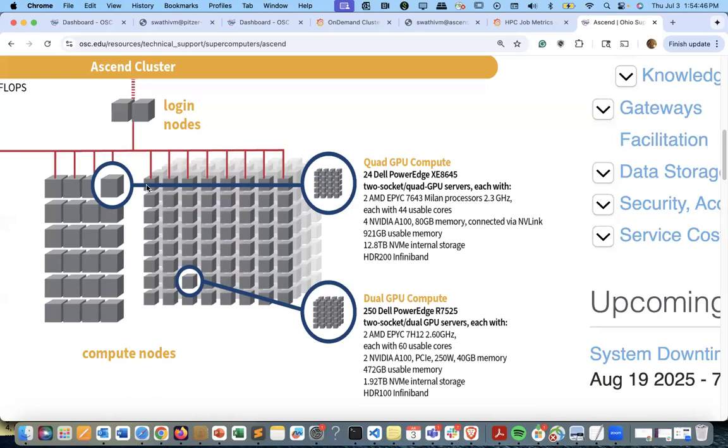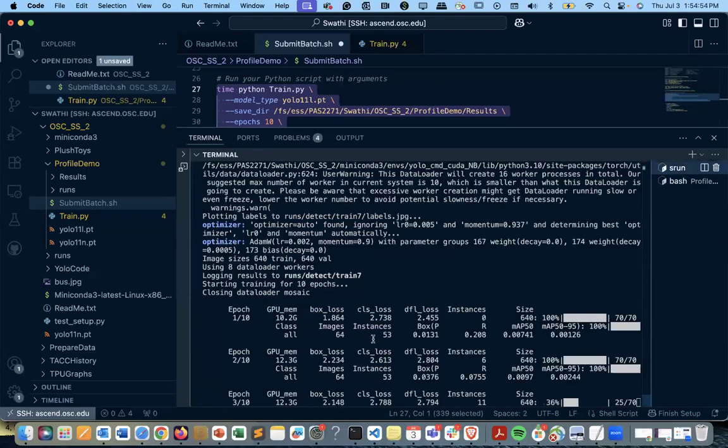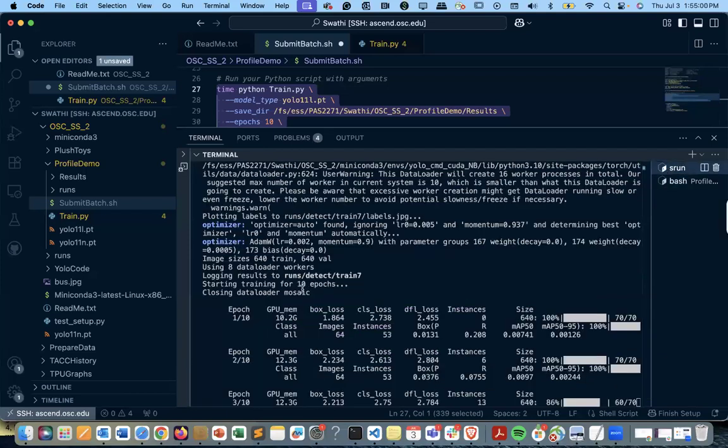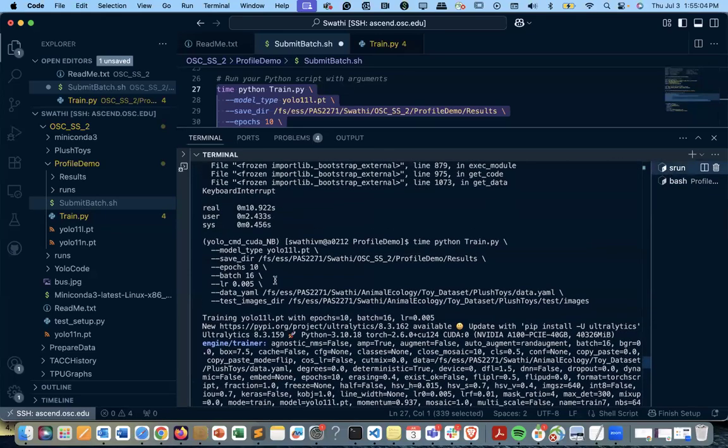So you literally have to be in the node. But now in the interactive mode that we see, our current node is already occupied and you're running your job. So you don't want to quit it. So that's when you can go into your batch job and you can simply do SSH into this node. So you know which node you are in. So the node you are in is called